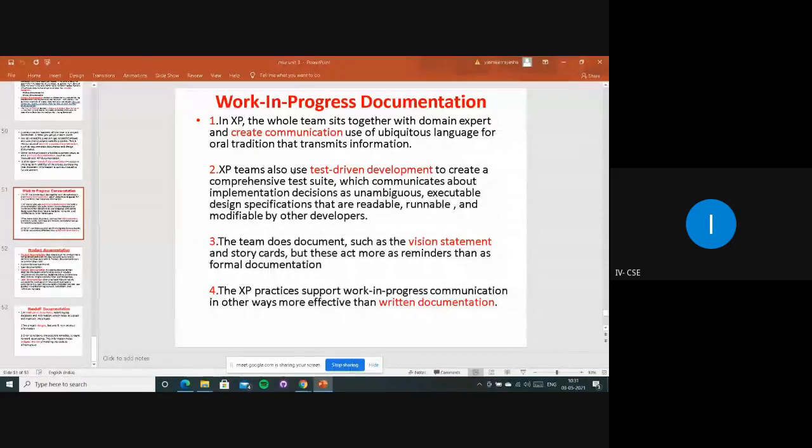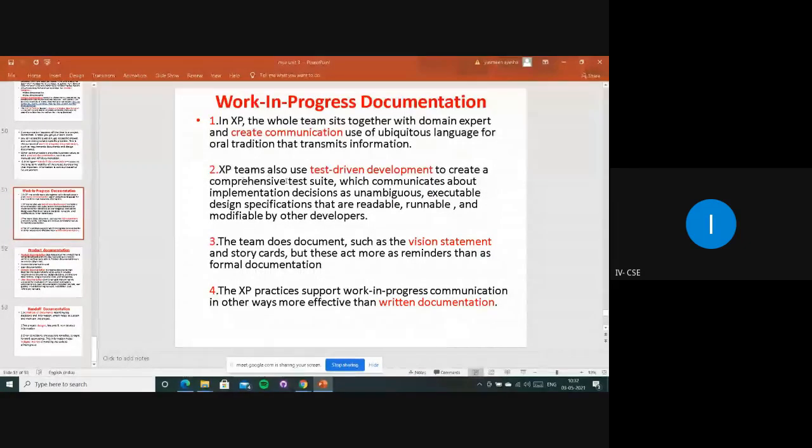Second, XP teams also use TDD methods, right? Whenever we are developing or working on the project, there will definitely be some changes and updates to be done. Either because of a failure, or if any bugs have been raised, we definitely have to change or update the code, right? To do this, we can say that we use some refactoring techniques, and we use these refactoring techniques in the TDD method.